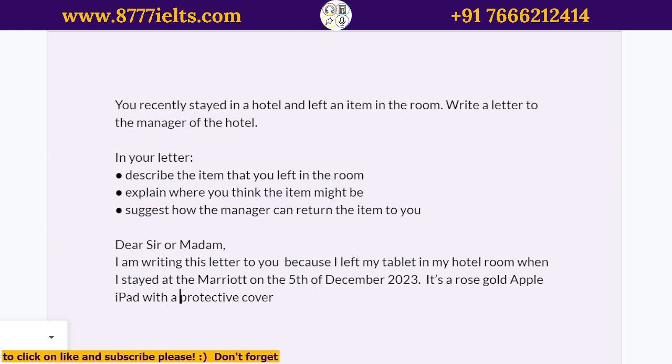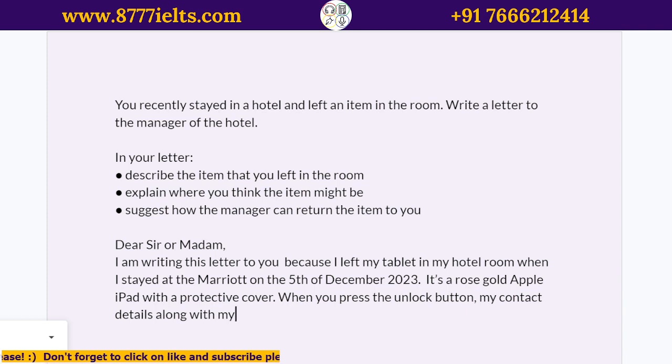Describe the item, suggest how. Oh, you know what? When you press the unlock button, my contact details along with my name are clearly visible. Right? There we go. My contact details, comma, along with my name.